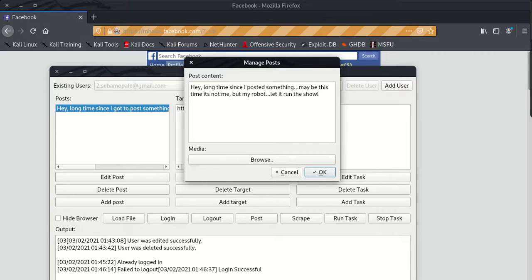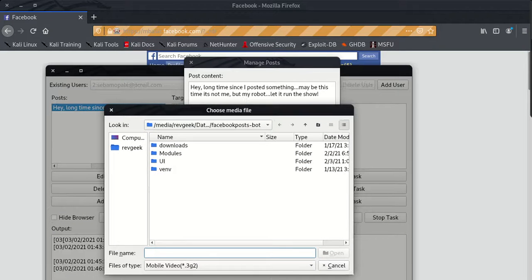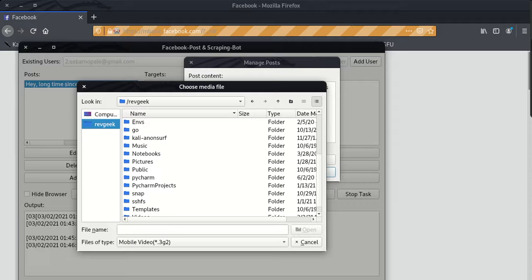Yeah, so this is my robot. Let it run the show. And about the image, I'll still pick the same image. I seem to only have one image for now, so I'll just go with that for the sake of